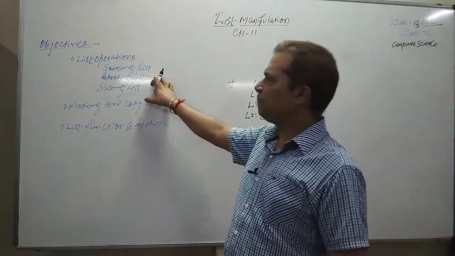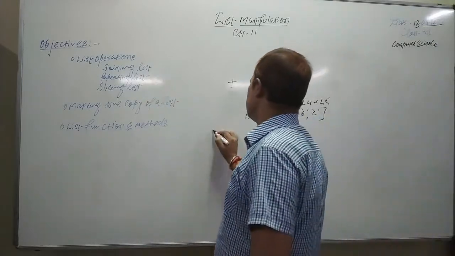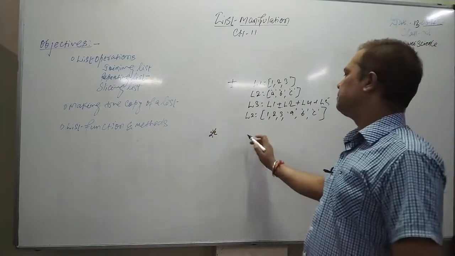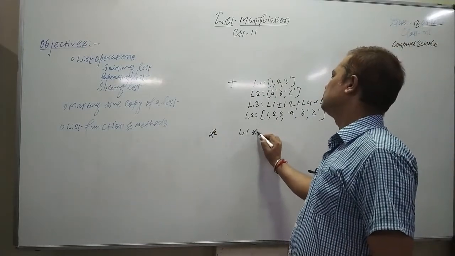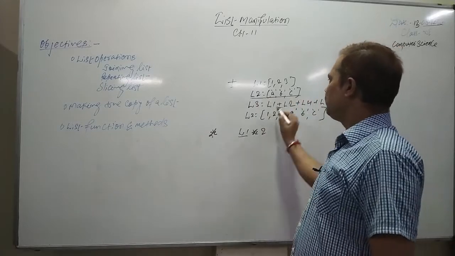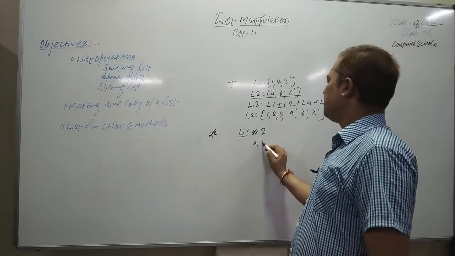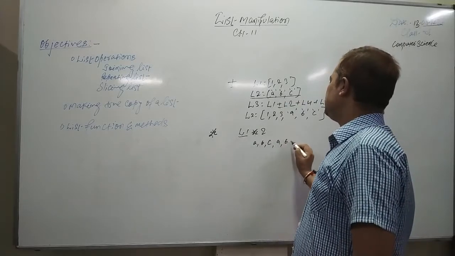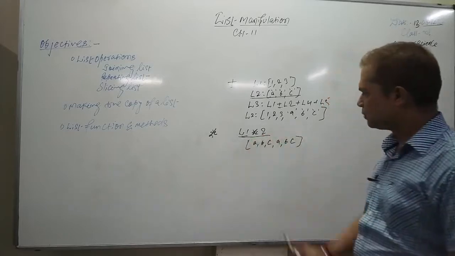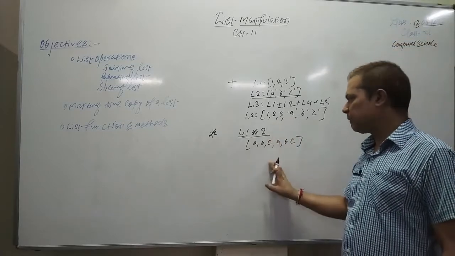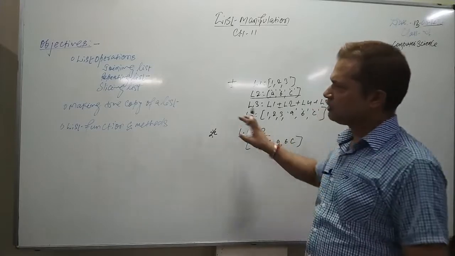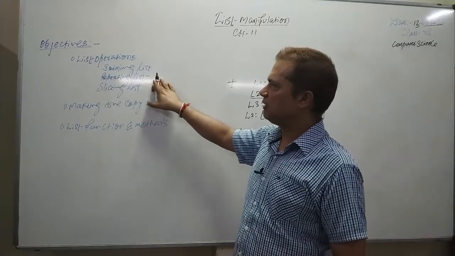Now, if you want to repeat a list, we have the star operator. The star operator is basically used to repeat a particular list. Simple, you have to do L1 star 2. If I have a list L1, then it will repeat it two times. It means A, B, C, and then again A, B, C. This will be the output if you use L1 star 2. So L1 star 2 simply repeats the elements of L1 two times. If you want three times, you only have to change this value. This is how to repeat and join list elements.